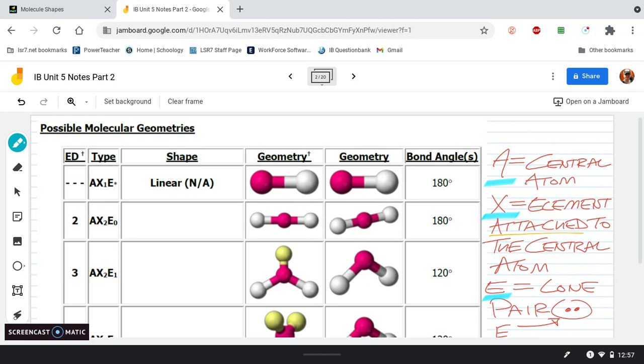So how does this work? We draw a dot structure. Based upon the dot structure, we're going to attach A's, X's, and E's, and then that's going to take us to the correct shape. Now over here on my table, the ED, that is going to be the electron domains, and you're going to see that there's going to be some overlap there, but that's the